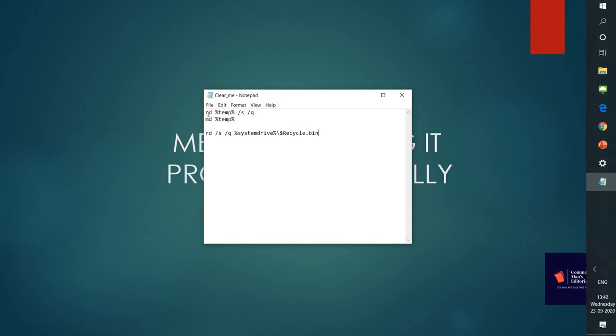So here the RD stands for remove directory, right? It is going to remove the temporary file directory as a whole. What directory to remove is the temporary file directory. So what do slash s and slash q stand for? Slash s stands for remove all the folders, all the subfolders along with the original temporary folder.